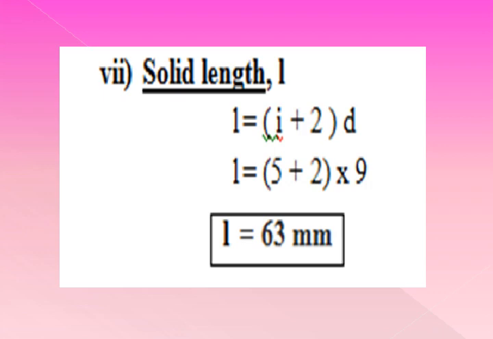The final unknown is the pitch p. It is the corresponding distance between the spring coils, or the consecutive distance. Pitch can be evaluated by using the equation free length L naught equal to i into p plus 2 times d, where i is the number of spring coil turns, p is the pitch, and d is the diameter. So L naught I took as 140, that value we are substituting here: 140 equal to 5 into p plus 2 into 9, diameter d is 9 mm. So by simplifying this, we are getting a pitch value p equal to 24.4 mm.